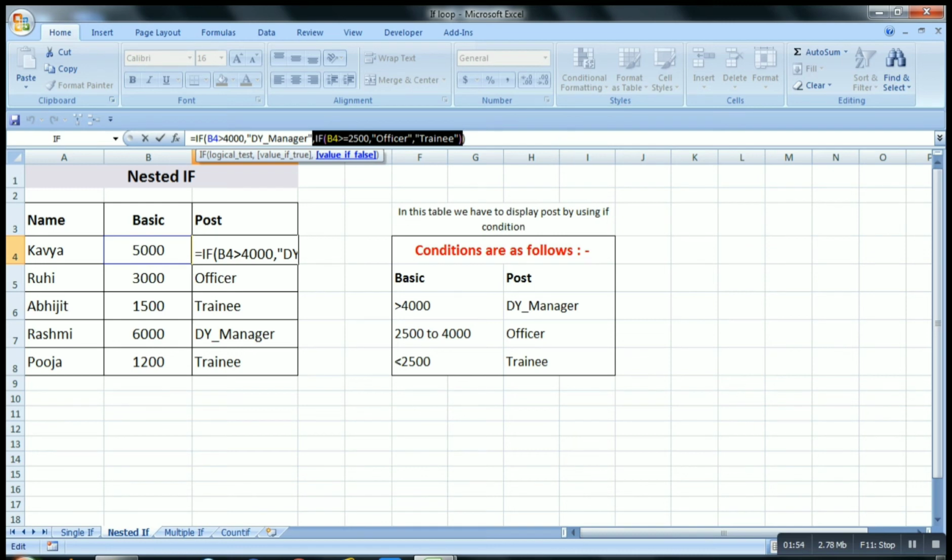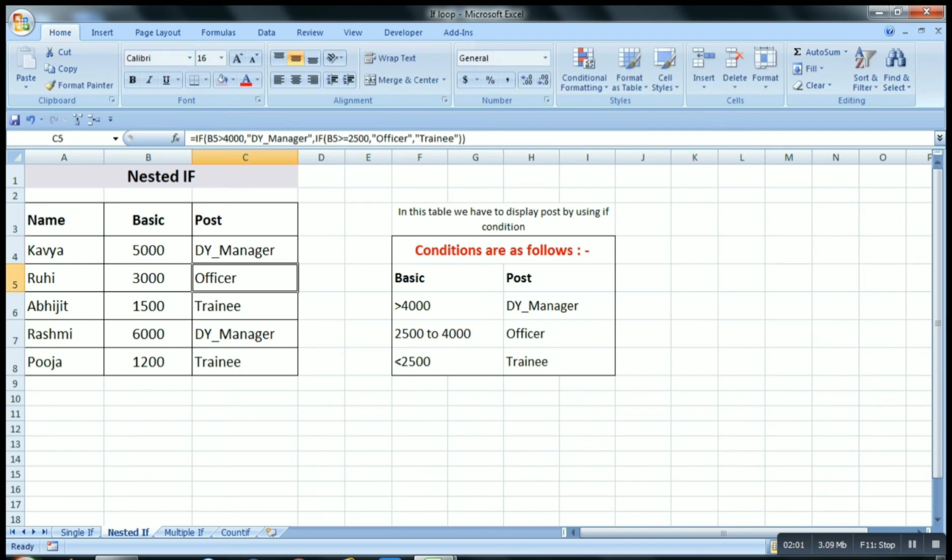So we have to apply the second IF here. Second IF: B4 is greater than or equal to 2500, comma, in inverted commas the first remark, otherwise the false remark, that is trainee. So this is our nested IF. We have to use IF two times, so it is called a nested IF.